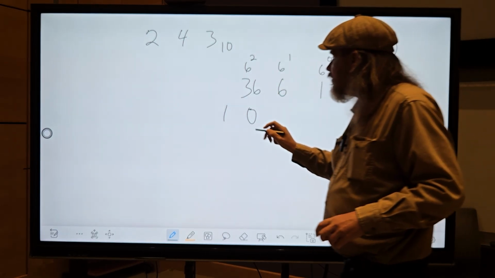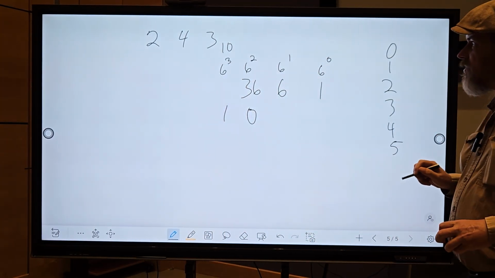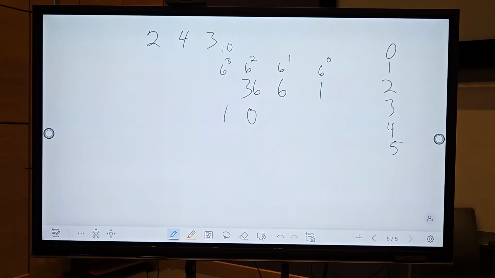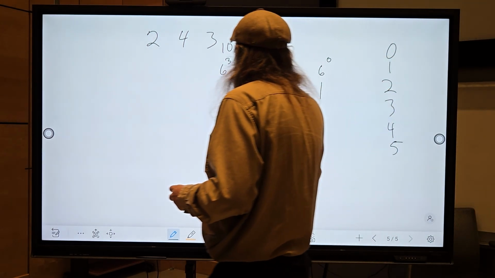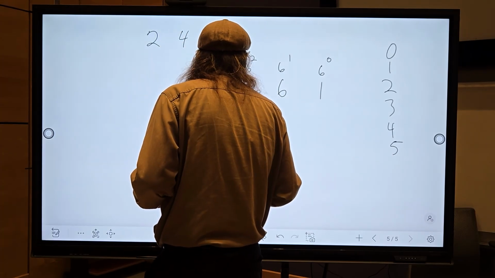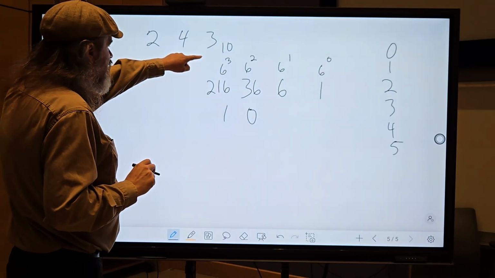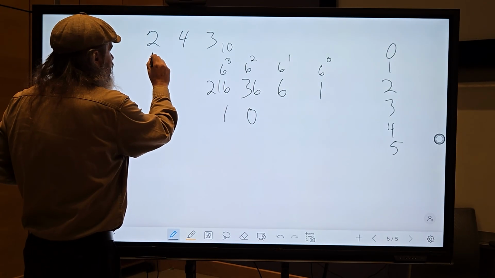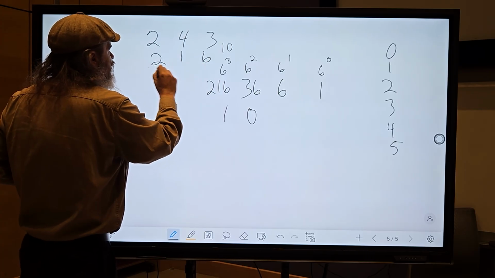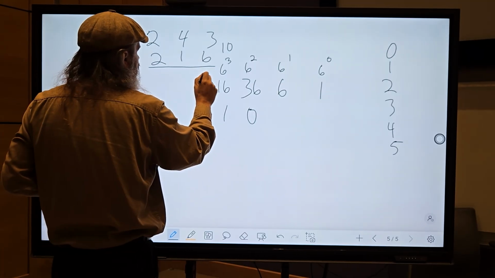Okay, so this would be 6 to the third power, which is what? What's 6 times 36? 216? Okay, so that's the 216's place. Now, it went in there 216 times. So you now subtract that from your original number. And you get